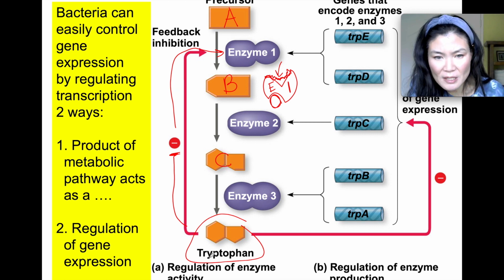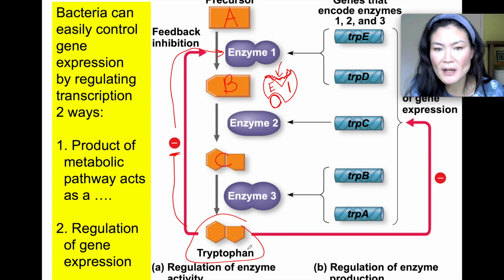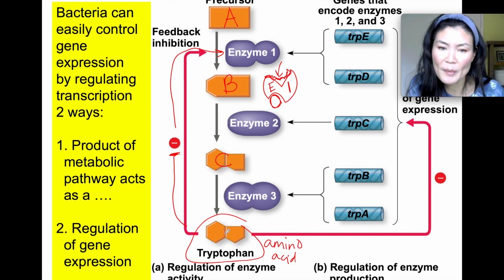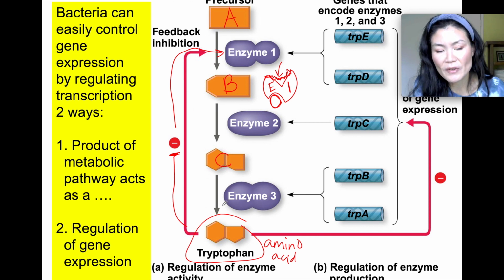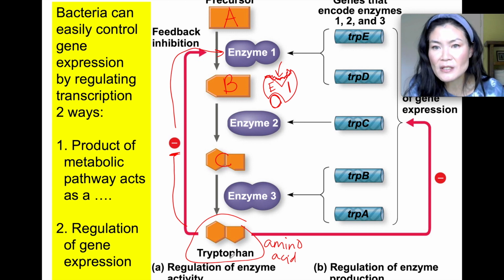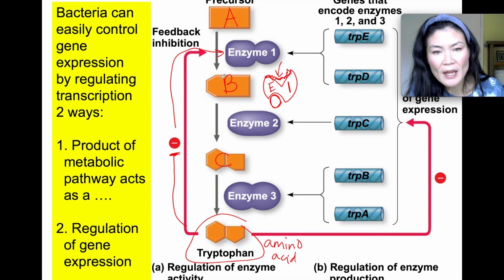If the bacteria is producing tryptophan, which is an amino acid, I forgot to mention that. It's an amino acid that's very important to make proteins, okay? And so if there's enough of that tryptophan around, it's making enough tryptophan, then it's going to shut down this whole metabolic pathway to produce tryptophan. And that makes sense, right? Because if you have enough of something, why make more of it? So this is one way for the bacteria to conserve energy, I guess. It's conserving energy because it's not wasting enzymes. It's not wasting energy to produce something that it doesn't need.